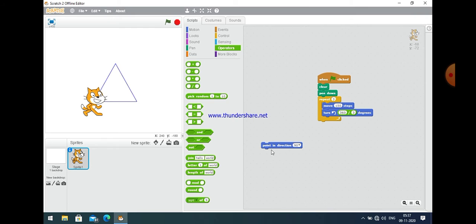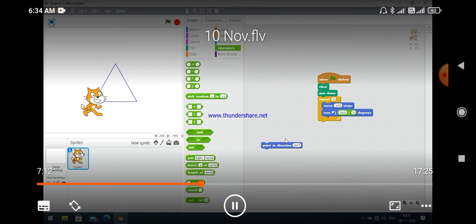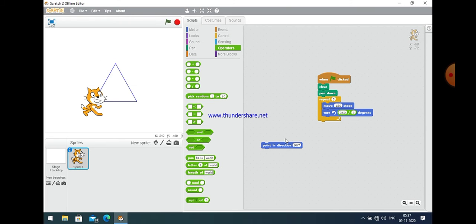But if it is in another direction and we want to make it in direction 90 degree, horizontal, then we should take point in direction 90 degree. So it is a good practice to use point in direction 90 degree before applying any command.